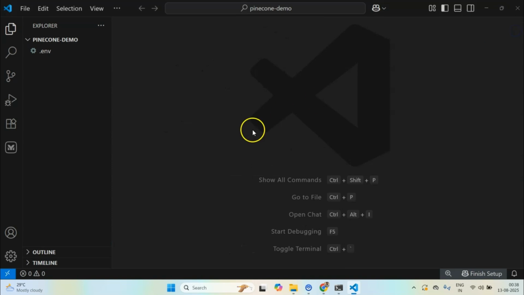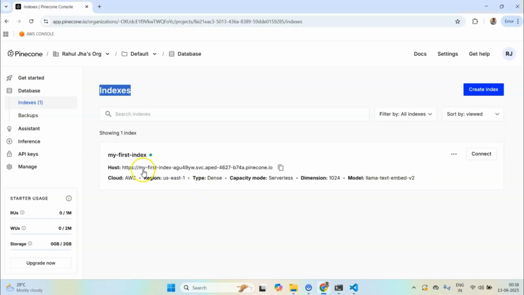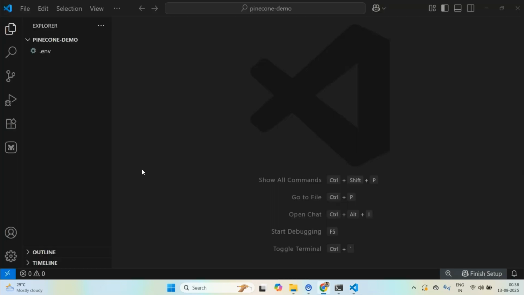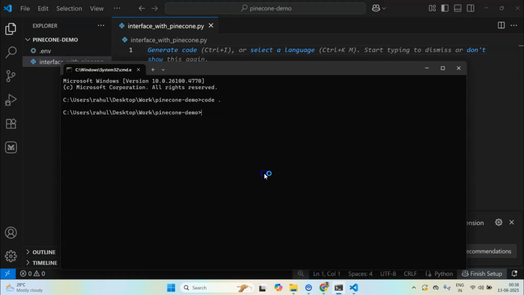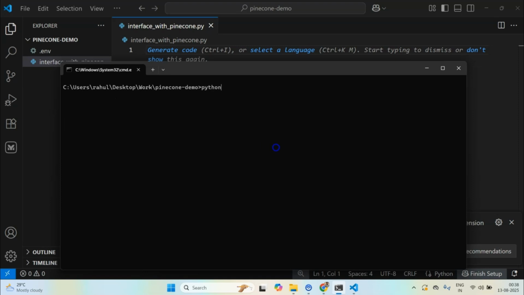Okay, now let's move on to the second part of the video, and that is actually interfacing and inserting some documents. So what I'll do is I'll create a new script to interface with Pinecone. Now to interface with Pinecone, we need a couple of packages, and before we even do that, let's create a virtual environment.